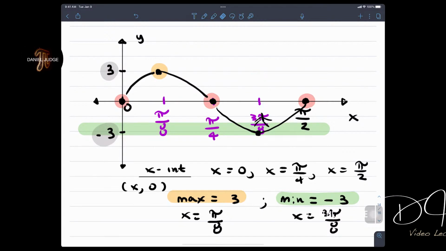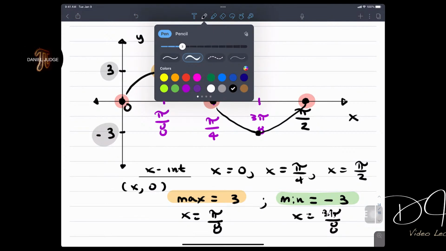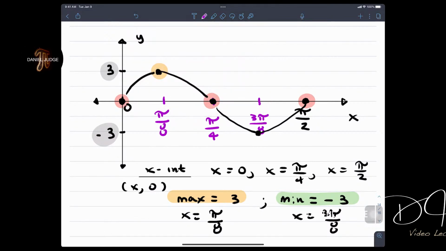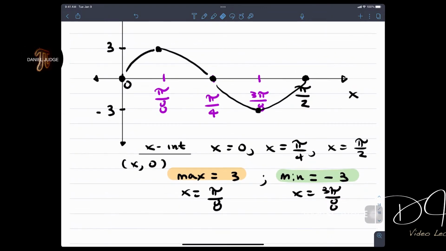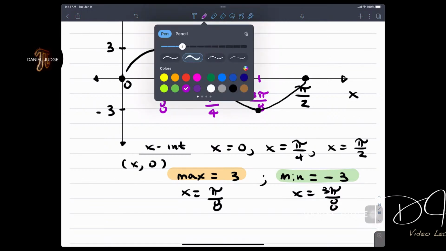I'm going to get rid of some of this stuff. And, at the end of the day, that's the meaning of graphing that sine curve using all this information. And that's what I'm going to be looking for, ladies and gentlemen, okay? And that's number 1. And now we're going to go to